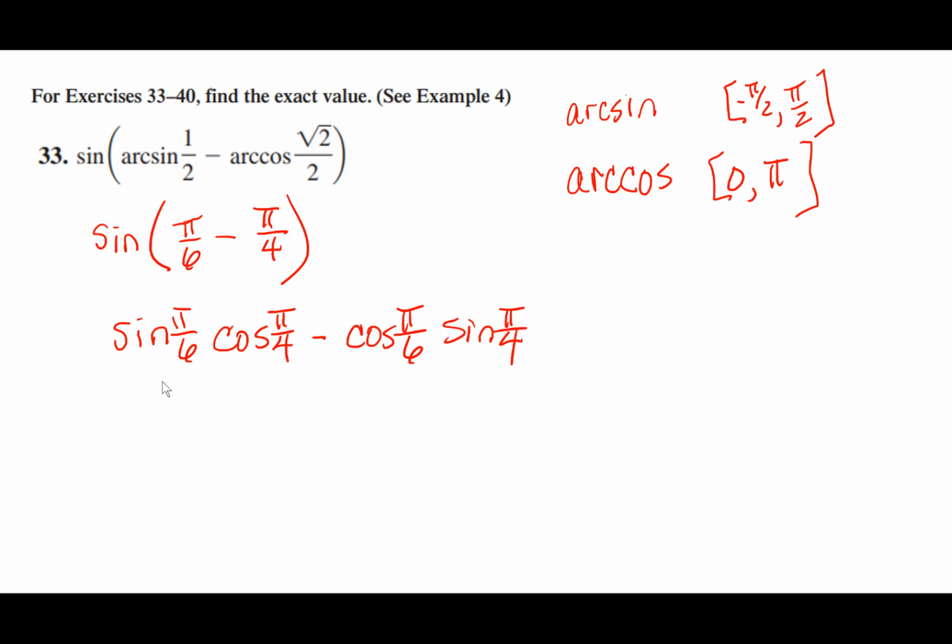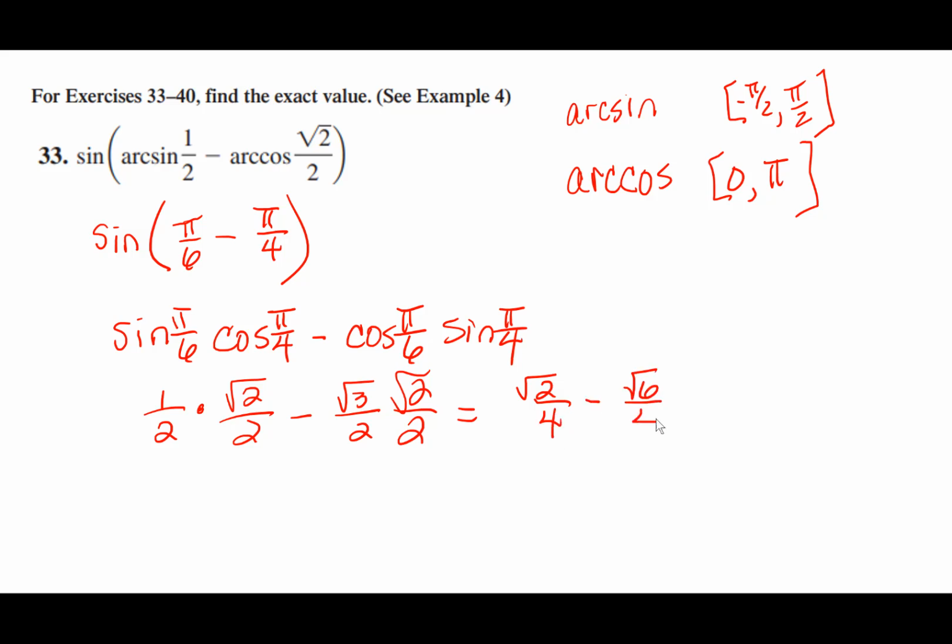And so sine pi over 6 is going to be 1/2. And then cosine pi over 4 is square root of 2 over 2. And cosine pi over 6 is square root of 3 over 2. And sine pi over 4 is square root of 2 over 2. And so you've just got square root of 2 over 4 minus the square root of 6 over 4,